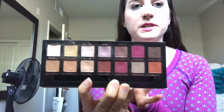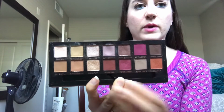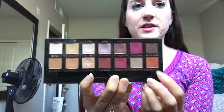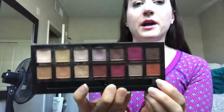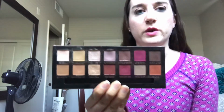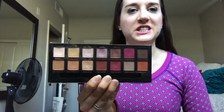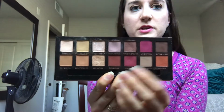But if I was going to go for the colorful shades, I tended to go more for the berries and the reds versus the orange. I think the orange was just a little bit out of my comfort zone, a little more than the others. But overall, I really enjoy this palette. I like how there are really easy to wear shades for everyday wear,